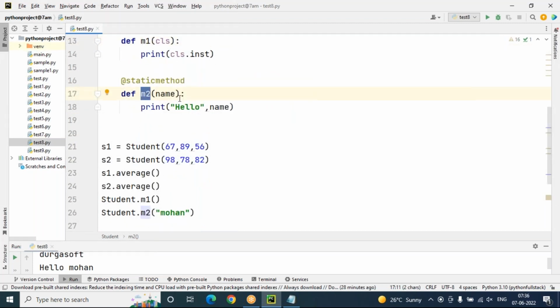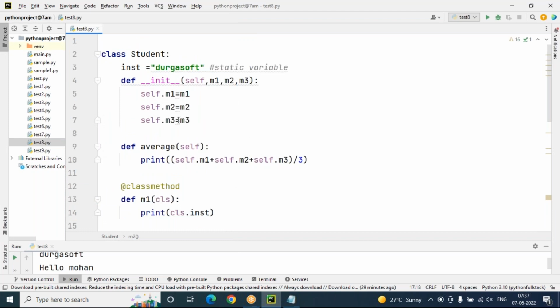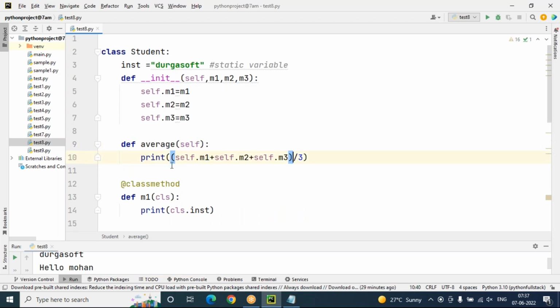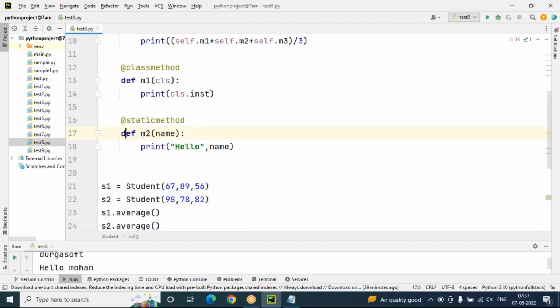And M2 is there, and this method is a static method. We can easily recognize the method by the @staticmethod decorator. So recognition is important here. At least you should be in a position to recognize what kind of method it is. This is an instance method. How do you recognize it? A method with self, and along with self we have instance variables. This is a class method. How to recognize it? The @classmethod decorator is there, and one method with CLS, print CLS dot inst. And this is a static method, def M2, M2 is the method name, print hello name. So M2 is the static method name here,